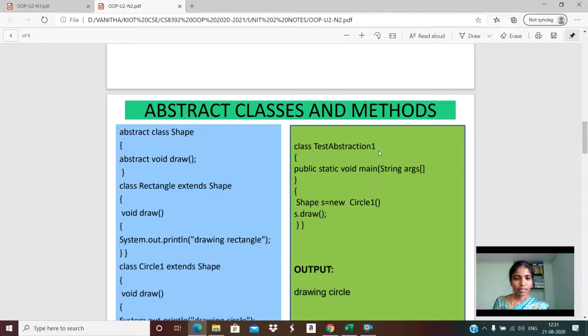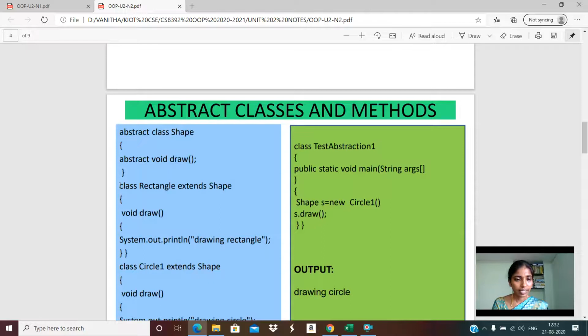We have an example, abstract, because we are creating an abstract class. So we have the abstract keyword, the class keyword followed by the class name, and an abstract class should contain at least one abstract method. That is why we have an abstract method here: abstract keyword, void, which is the return type of the method, and the method name, and we should not include the definition of this method here. And we need to see where we have to define this method.